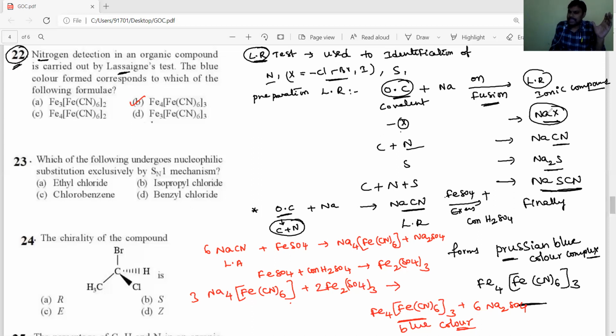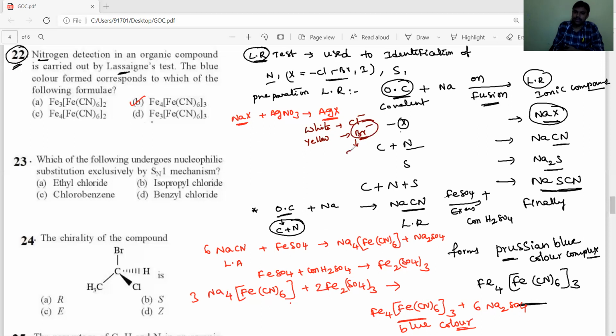If halogens are present as NaX, then you have to treat this sodium halide with silver nitrate, and we get AgX. If a white precipitate is formed, then it is chloride. If a yellow precipitate is formed, it is bromide, and it is insoluble in dilute HCl. Insoluble in dilute HCl, then it is bromide.